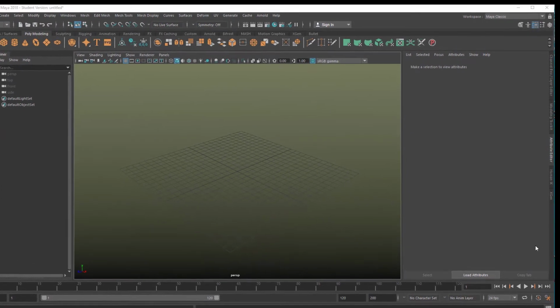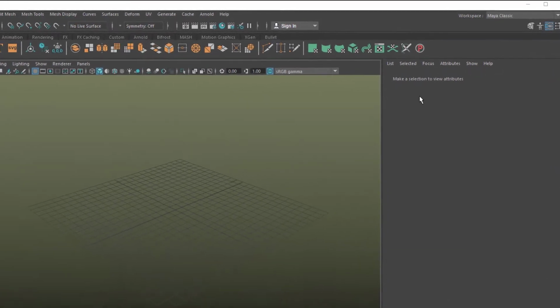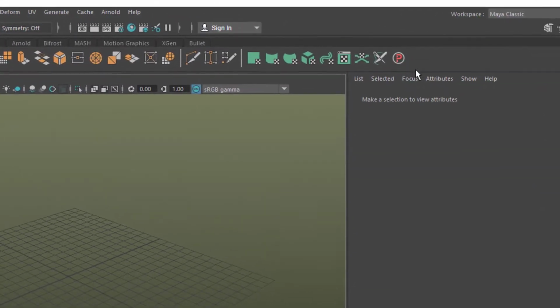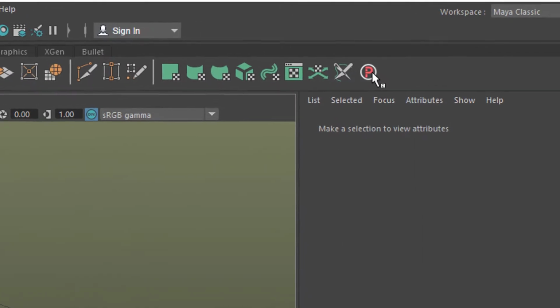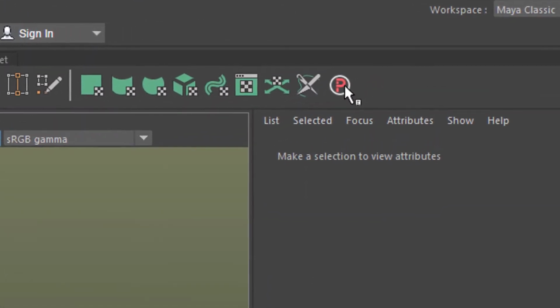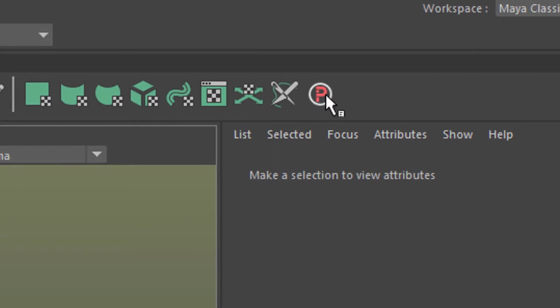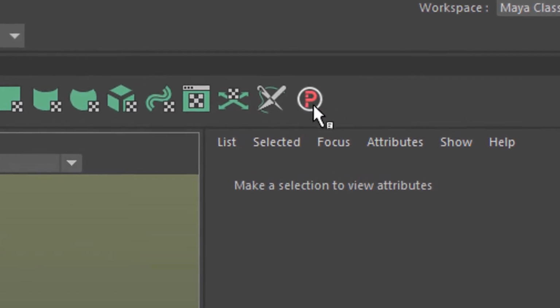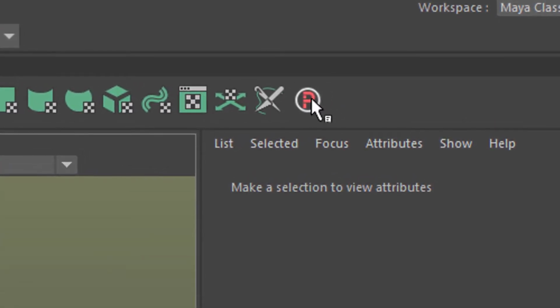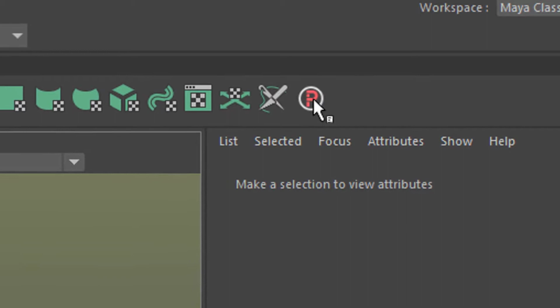Hello, this is a little bit about modeling and mainly about this P here, Prosets. It's currently, and we're in early 2018, a plugin which costs about £40, developed by Mainframe North in Manchester. The same guys who developed the MASH network here. But this is not at all associated with Autodesk and Maya. It's just a plugin, and you find a link below in the description where I demonstrate how to install it